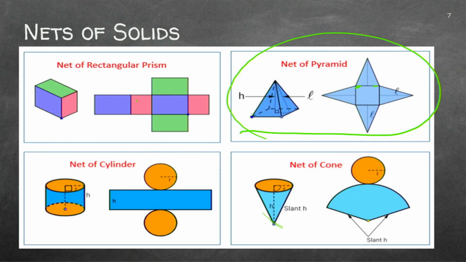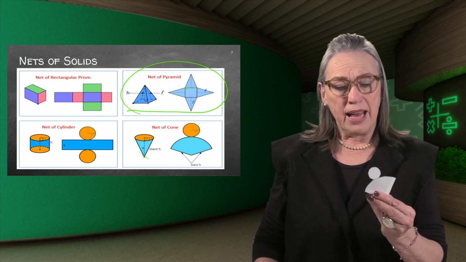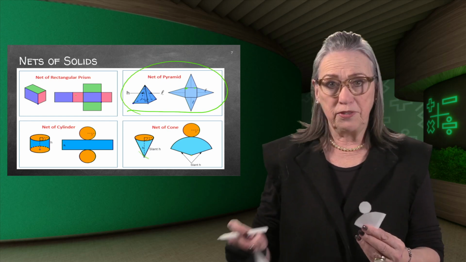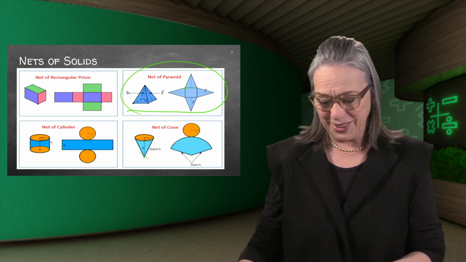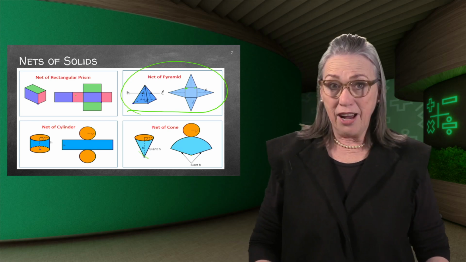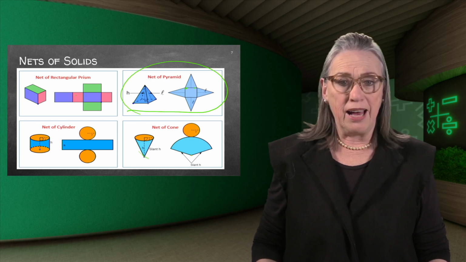And the last example is the net of a cone. Now, this is the net of a cone. Can you see it's exactly the same as there? And if you fold it, there is your cone. Cool. Right, now I want to see if you can work this out yourself.